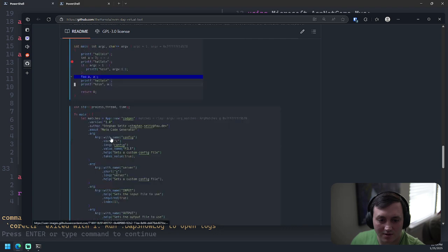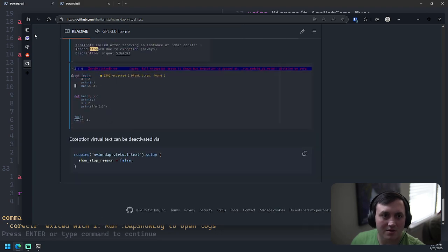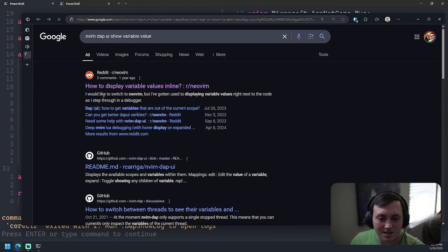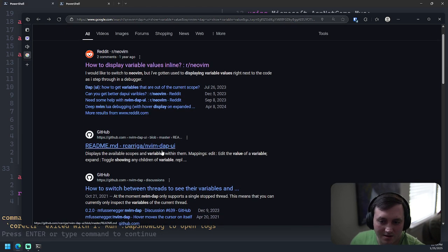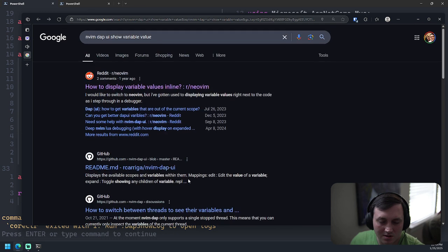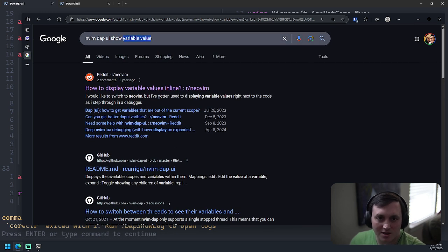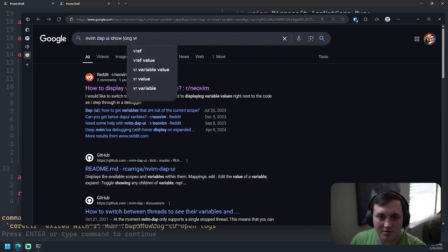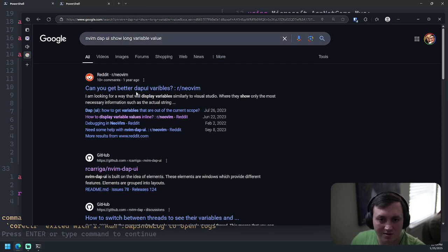Oh no, that's not what I'm looking for. I just need to know how do I... in nvim dap UI, show long variable value.